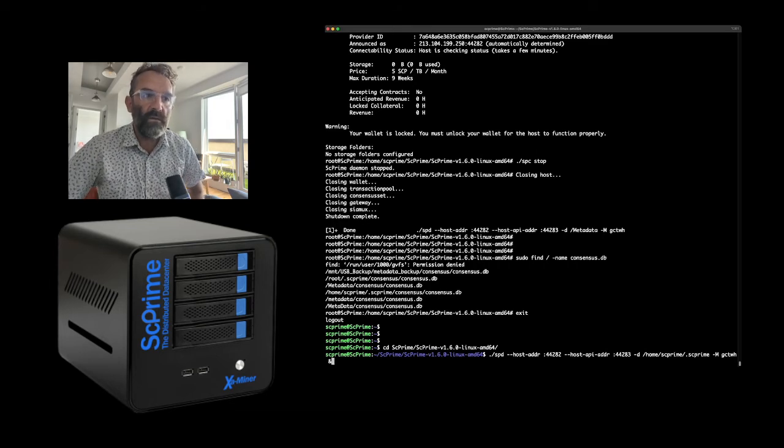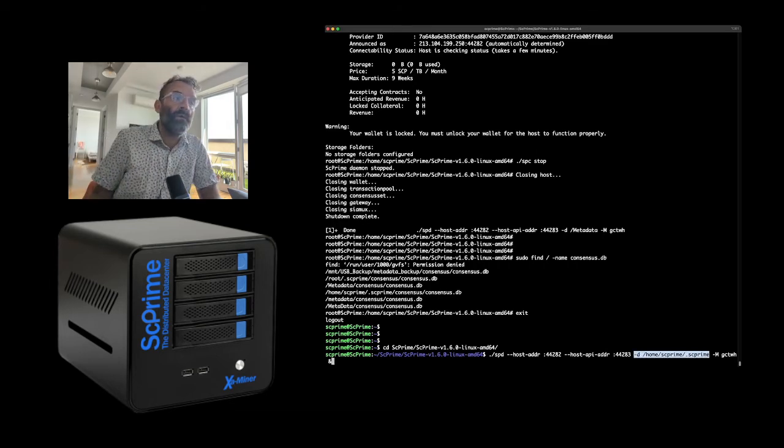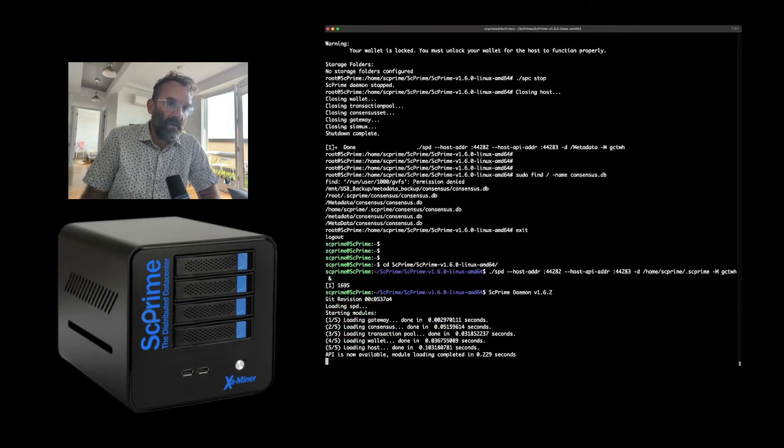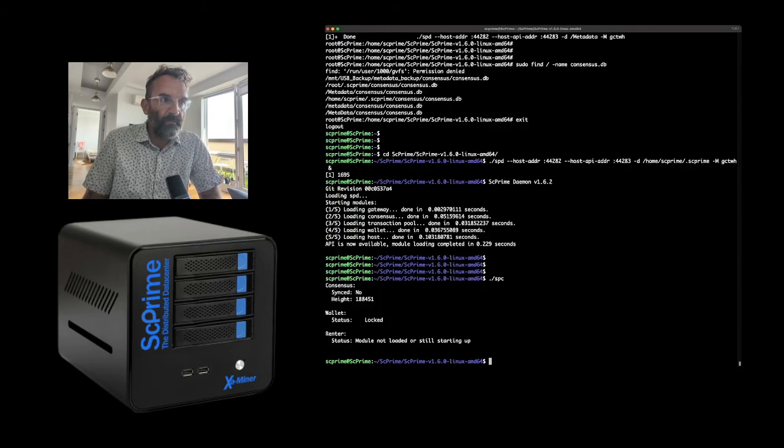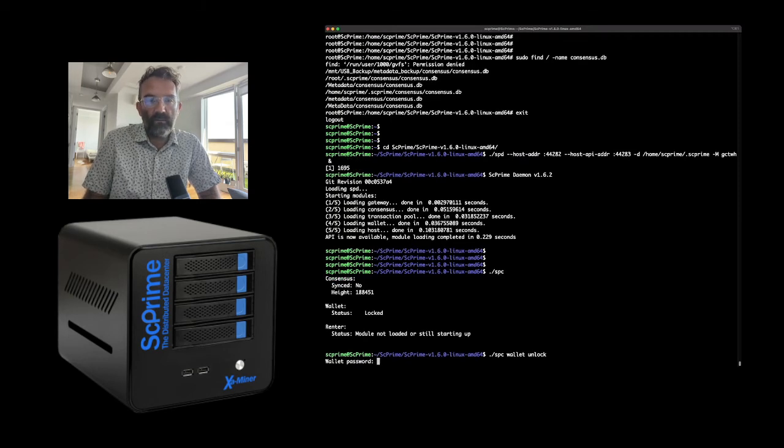Here we go. He's using the correct one that we know was the correct one. Matches up above there. And I know that the provider ID started with 293. So we're not synced. We're locked. We're going to run SPC wallet unlock, or unlick. Once you lick it, you can't unlick it. Enter the password,